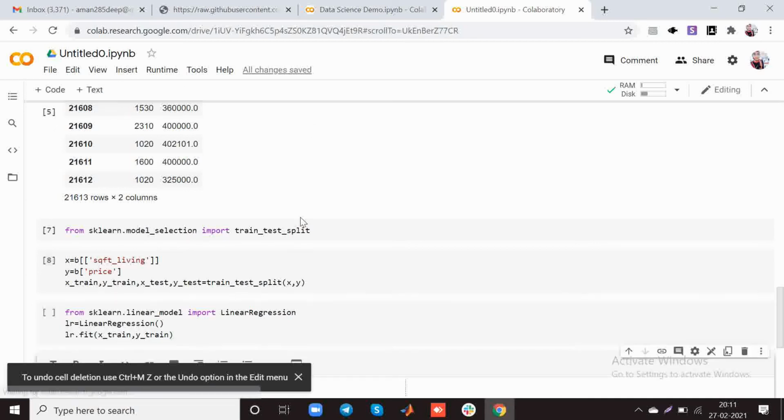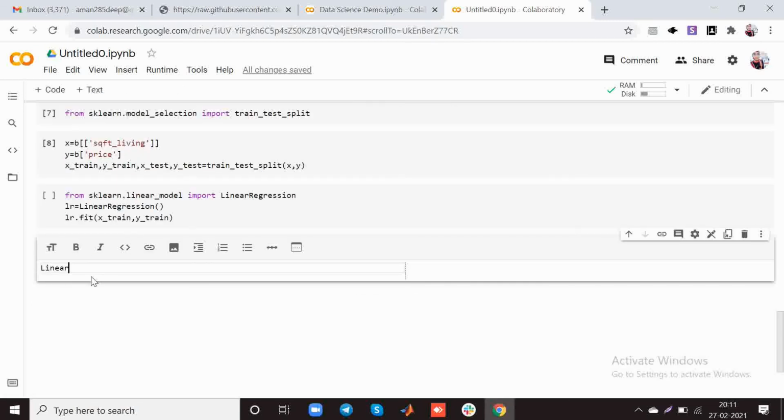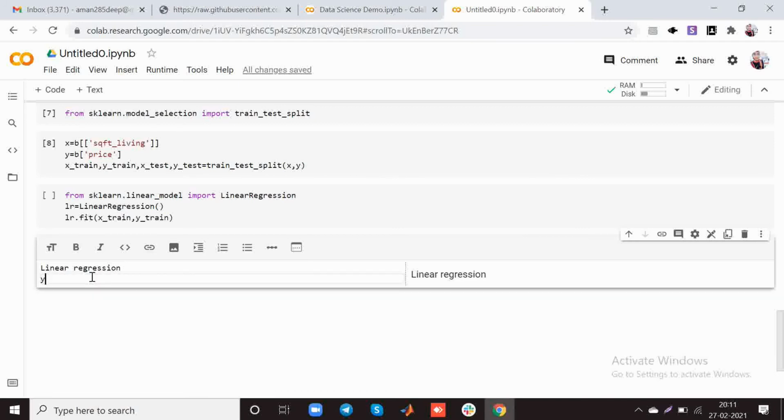We also know that the linear regression equation in mathematics is generally y equals mx plus c, where m is the slope and c is our constant, the intercept. So we use here the concept of linear regression. We have y, the dependent variable, and x, the independent variable. Now we have to find our intercept and our slope.